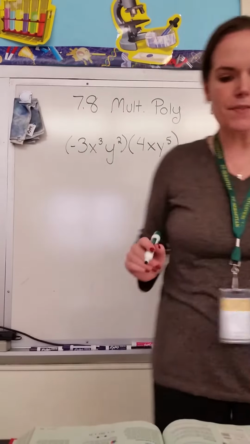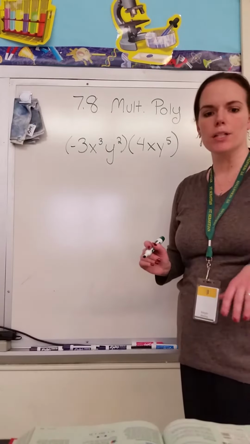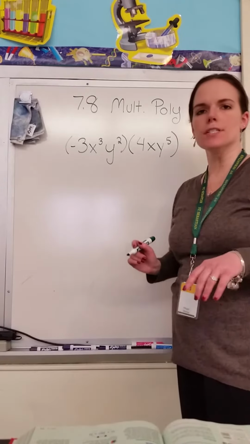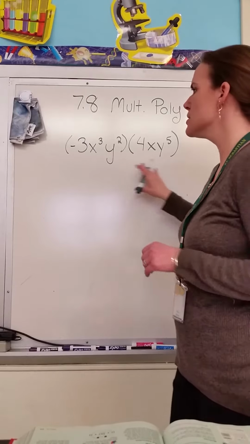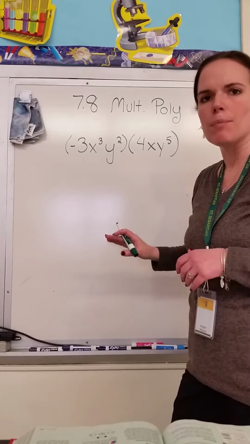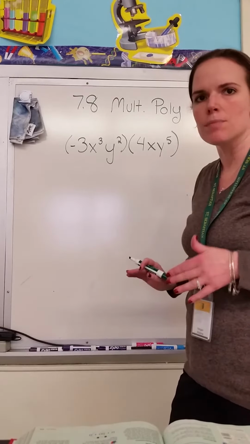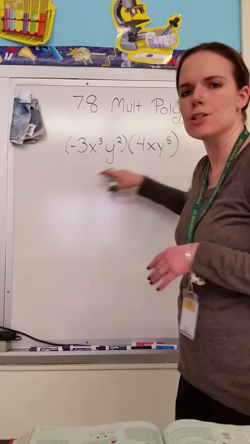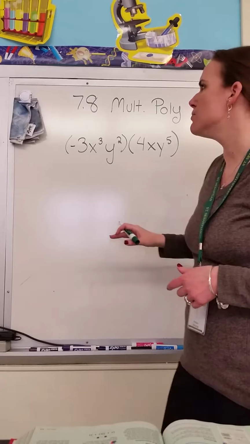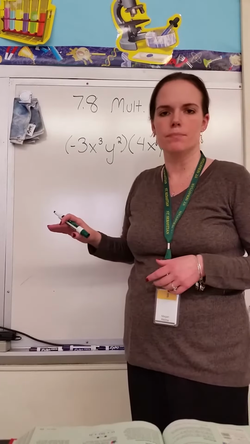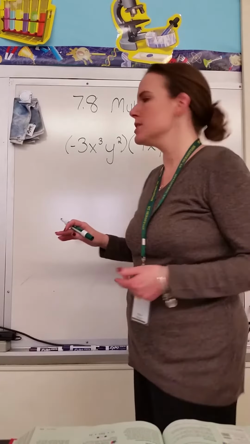This is section 7.8, and this is multiplying polynomials. The first thing they're going to show you in this section is just multiplying monomials. A monomial, if you remember, is where there's basically one term, so you'll notice there's no adding or subtracting happening in here. When you are multiplying monomials, you just take the numbers,